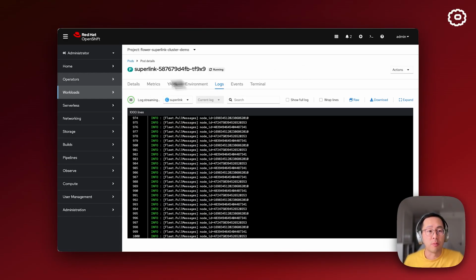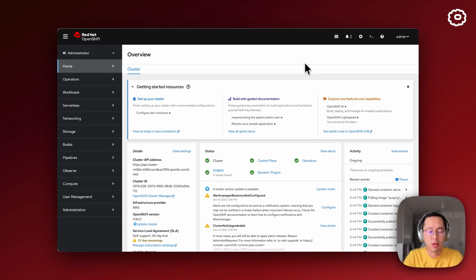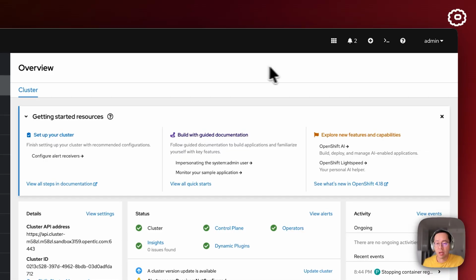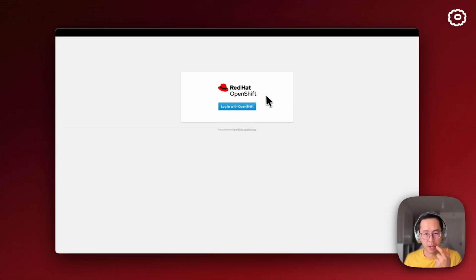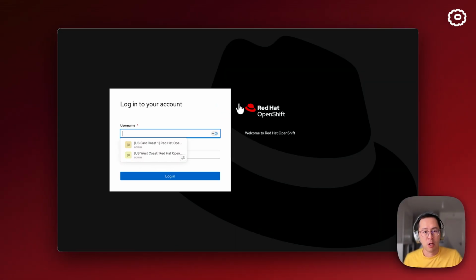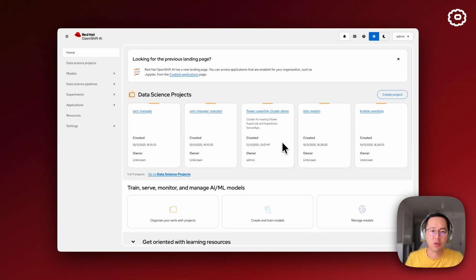Additionally, we have also deployed the Red Hat OpenShift AI within the same cluster as SuperLink, and we are going to use this workbench within the OpenShift AI to interact with the SuperLink. To access the OpenShift AI instance, we will navigate to the panel over here and just launch the Red Hat OpenShift AI instance. We can log in with our credentials as we have before,